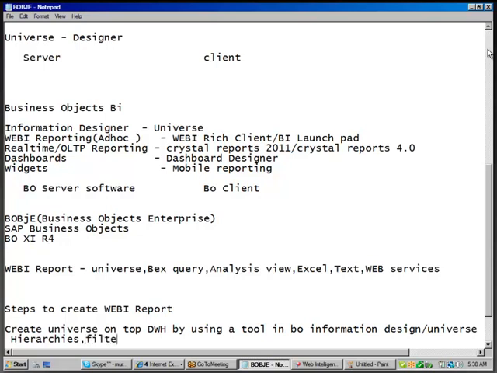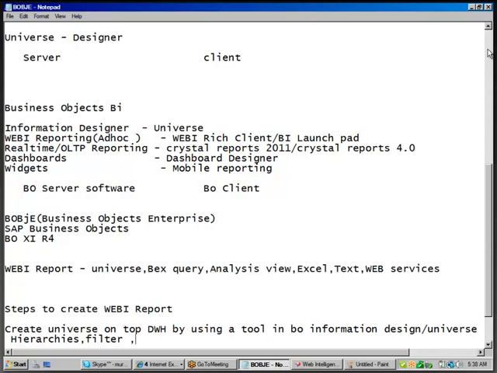In that case, create one filter in the universe and then replicate it for all reports. The reason is that all 10 reports are created on one universe. If you create one filter in the universe, that one filter will work for all 10 reports. If you don't have a universe, you need to create one filter for each report, that means 10 filters. Instead of creating 10 filters, create one filter in the universe and reuse it for all 10 reports. That is a way you can improve the performance.